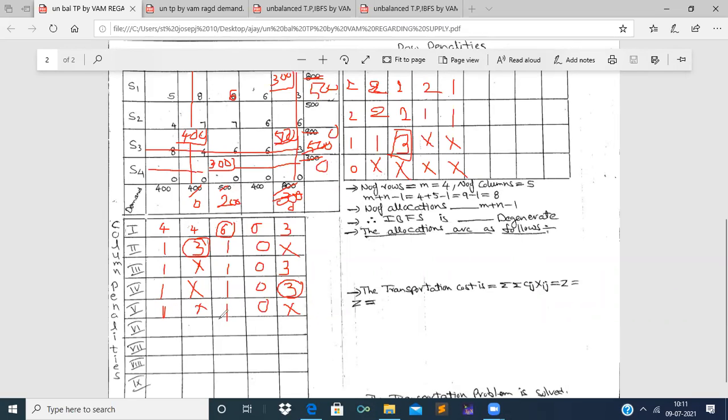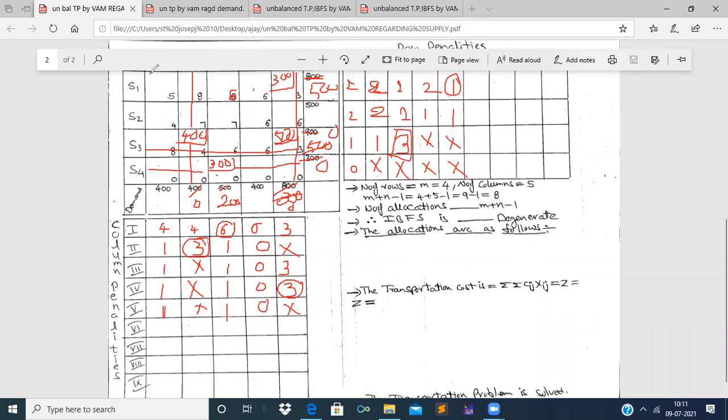See here in the fifth set of row and column penalties, all are ones. So I take the greatest penalty, that is 1. So all are ones, we can select any one. So I take the first one in row penalty and I enter into its corresponding row, and the leftover cost cells are 5, 6, 6. And the least cost is 5, its corresponding demand is 400, and its corresponding supply is 500.